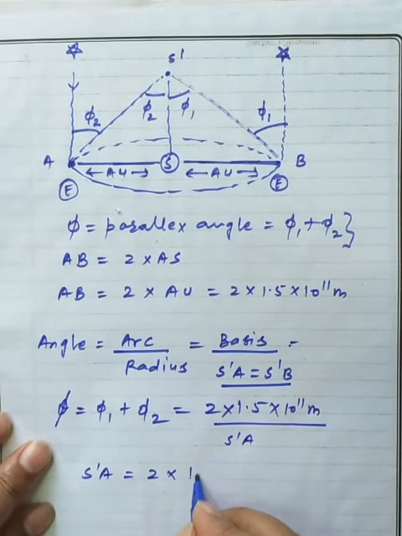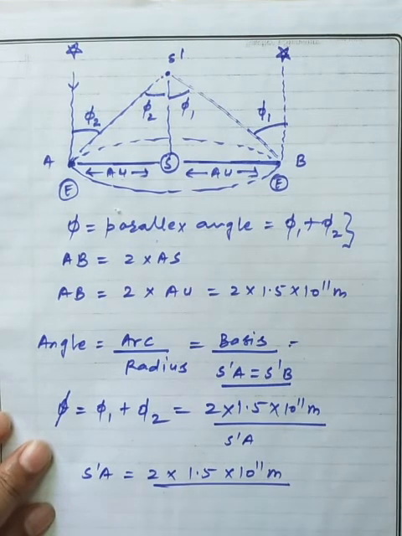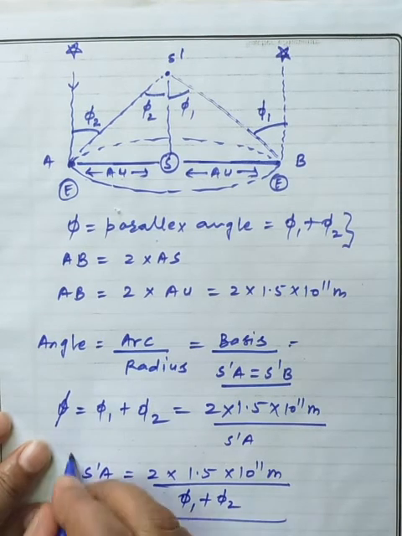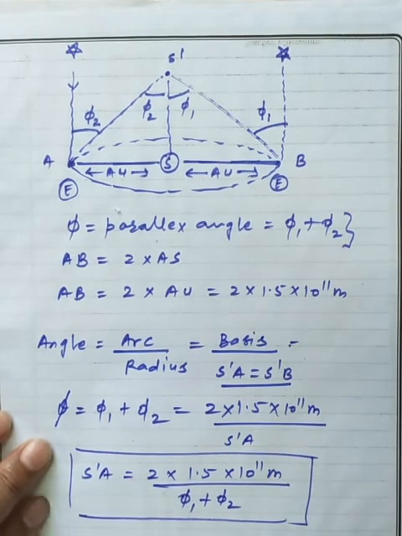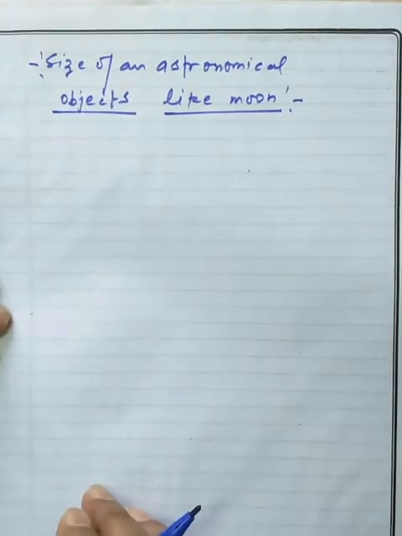If we get the value of the angles, easily we can go on to measure the distance of the star on the basis of the available angles. So it is the general formula to get the distance of the star with the help of the parallax method. Now, what is the use of this parallax method?